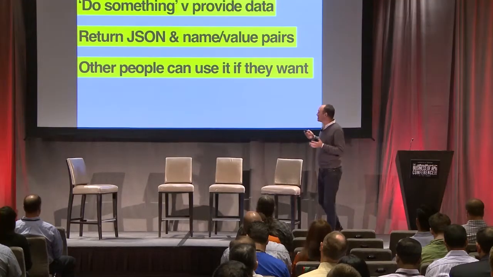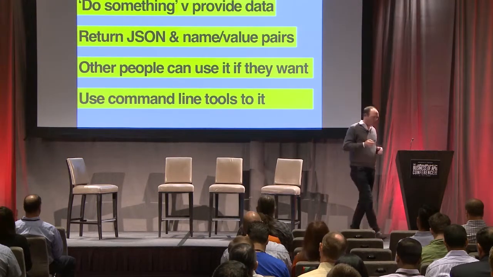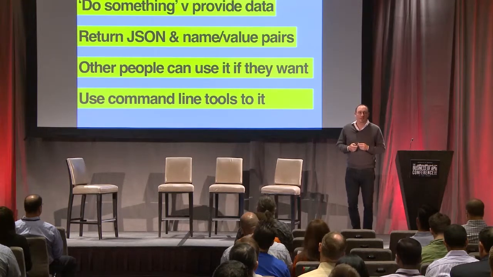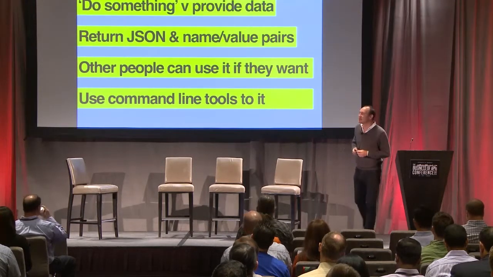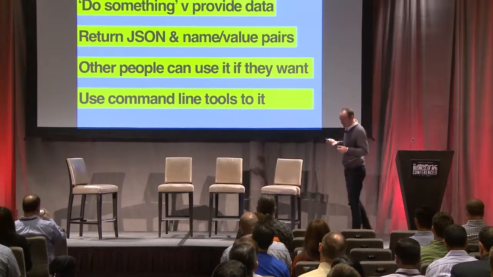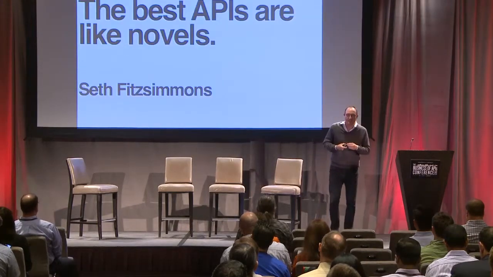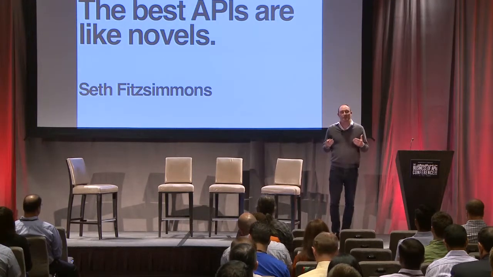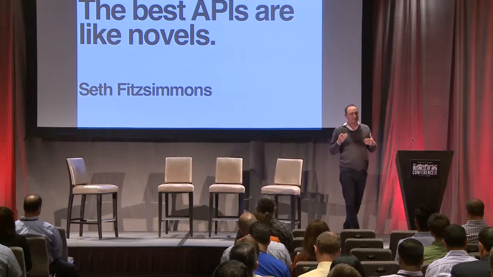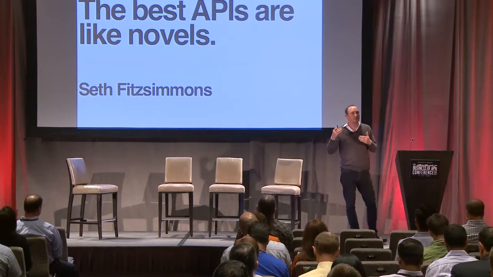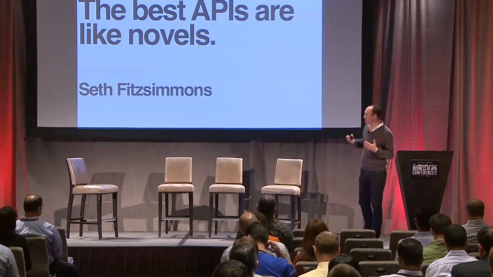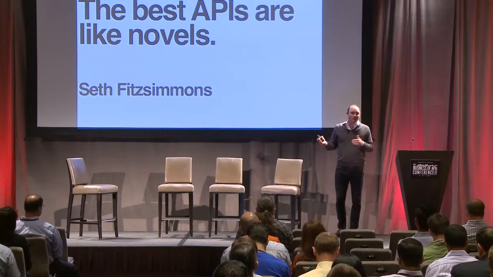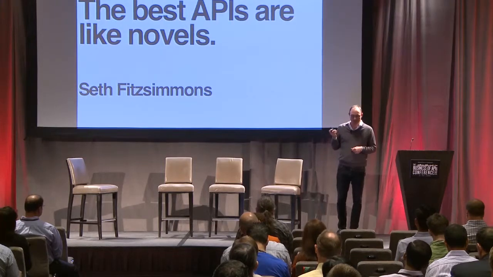We talked about APIs that other people can use if they want. That's super important. We talked about being able to use command lines in a really expressive way. And then Seth said something that really changed how I was thinking about APIs and what I wanted to talk about with you all. He said that the best APIs are like novels. He was talking about APIs being expressive, that an API where you can't actually imagine that anybody had written it, or imagine that a person had been trying to communicate something to you, was a significantly less satisfying API than one that was just about turning a key.